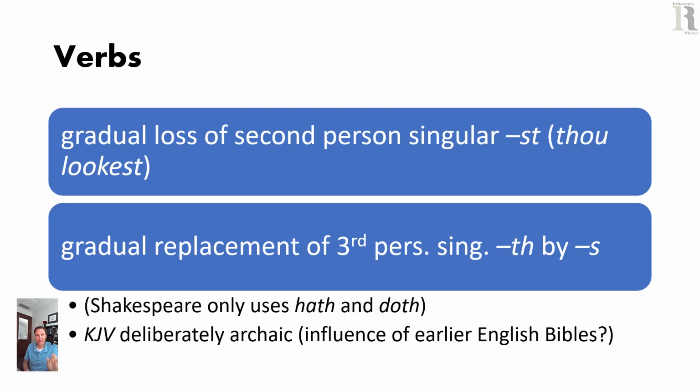The est ending, thou didst, thou walkst, thou seest, that drops out. By 1600, it's being used less and less. And by 1650, it's old-fashioned. And the other thing is that the third person form, walketh, seeth, goeth, which was a Southern English form in the Middle English period, gets replaced by walks, sees, looks, which was a Northern English form in the Middle English